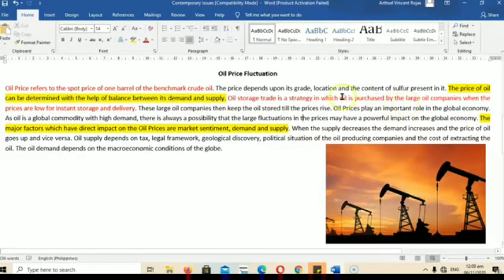Now, the oil companies, we have the Shell, we have the Phoenix, we have the Caltex, and so on and so forth. There are many large oil companies that are centered or owned most especially by the Middle Eastern countries. So they need to have oil storage trade also for having oil reserve, because there would be instances that the global market for oil will have shortage or will have a problem in supplying the oil.